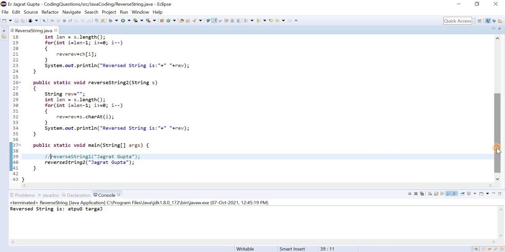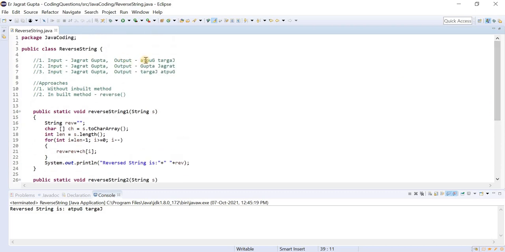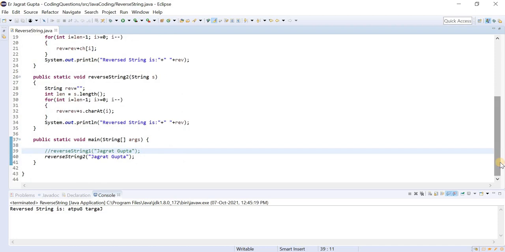So these are the two approaches that we can follow to achieve the first variation without the inbuilt method. Now let's discuss the inbuilt method approach. You need to remember this thing. This is a very common mistake that people generally make at the time of interview: they say that there is an inbuilt method in the string that is reverse, which is completely wrong. A string class in Java does not have any inbuilt reverse method. So this is completely wrong.